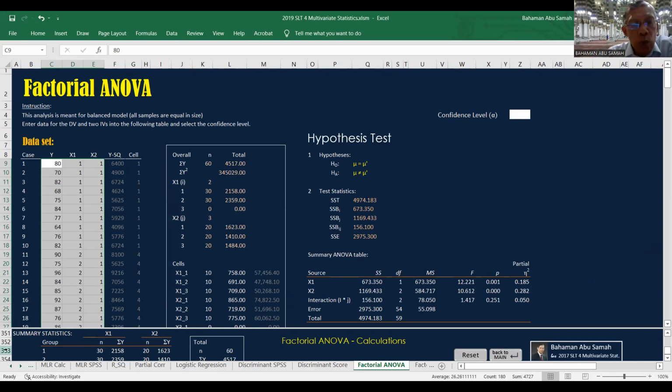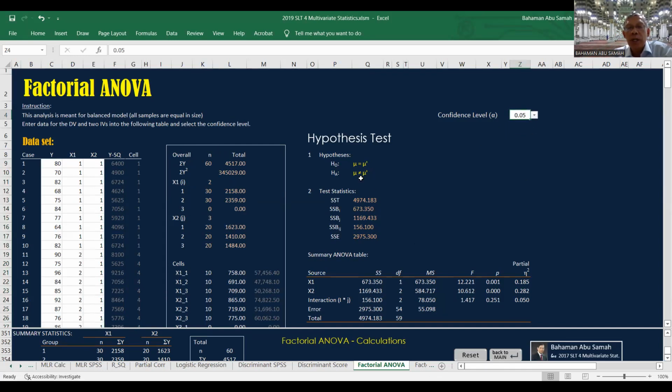I mean, in this case, what you get will be, everyone, have you opened your SLT4? Have you entered the data? And if you were to observe, just below here, this will give you the summary statistics. For the first group, we have 30 cases, and then the summation y, and then this is for the x1 and this is for the x2. And then we also have the summary for the overall, summary for group for factor 1, summary for factor 2, right? And then what we need to do next will be just set the alpha 0.05,